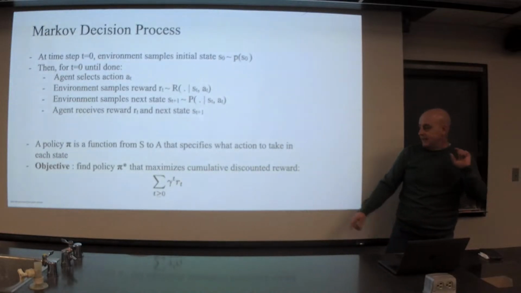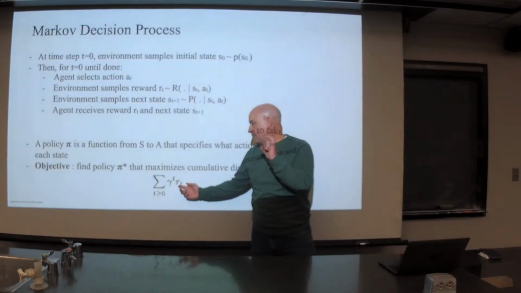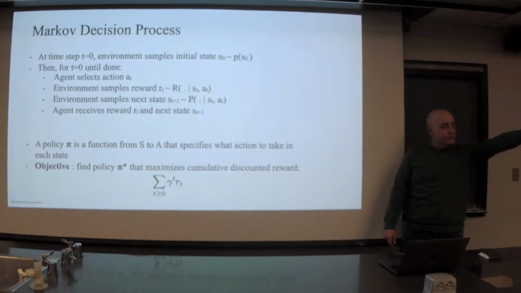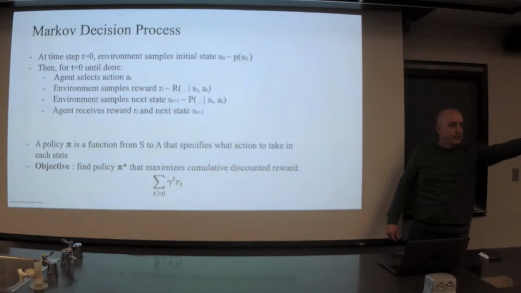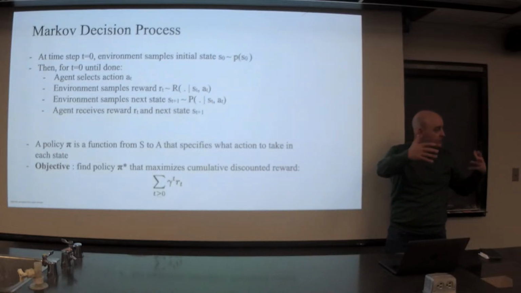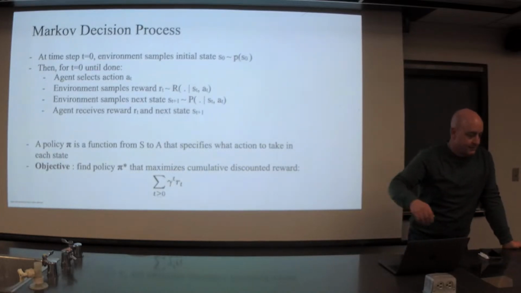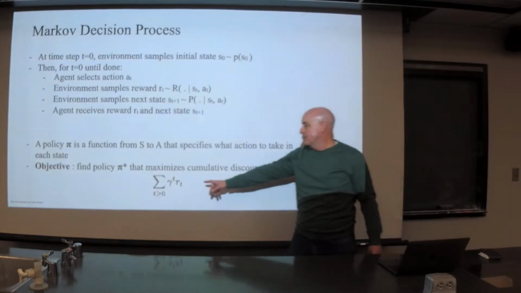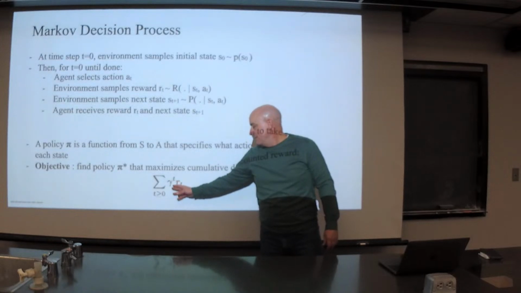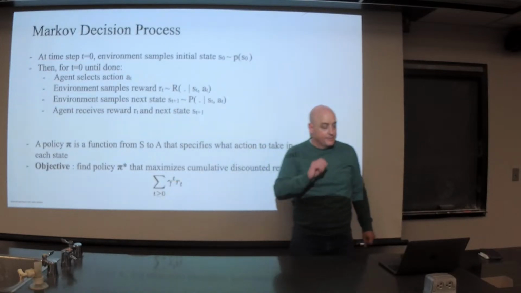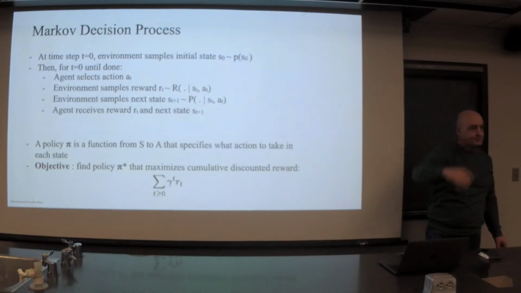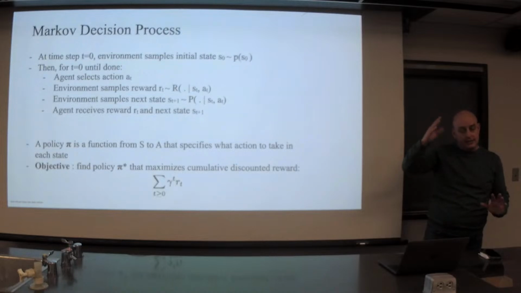The justification for this, psychologically, is that rewards way out in the future from where I am now, at time 0, have less importance to me than rewards that will come sooner, like in the next step or in a couple of steps. And this factor is a way of expressing that. The smaller this gamma is, the less important the rewards in the future that I might obtain are. The larger it is, the more important they are.